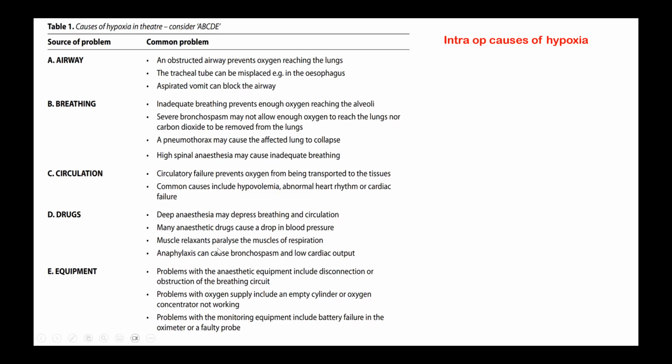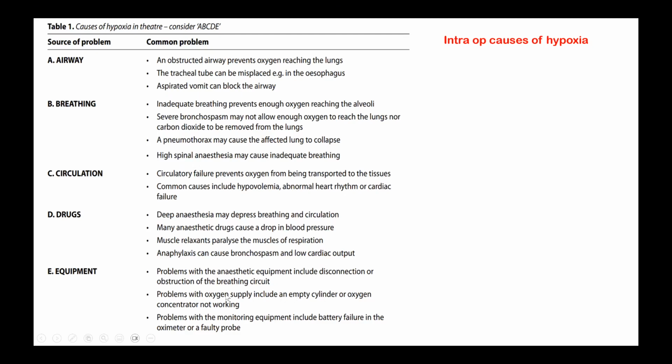And muscle paralysis not correctly reversed, the patient having inadequate power to breathe, causing hypoventilation leading to hypoxemia. And anaphylaxis to some drugs, especially drugs like atracurium, they can rarely produce anaphylaxis and release bronchospasm, which leads to hypoxemia. And of course, all the equipment problems like leaks and